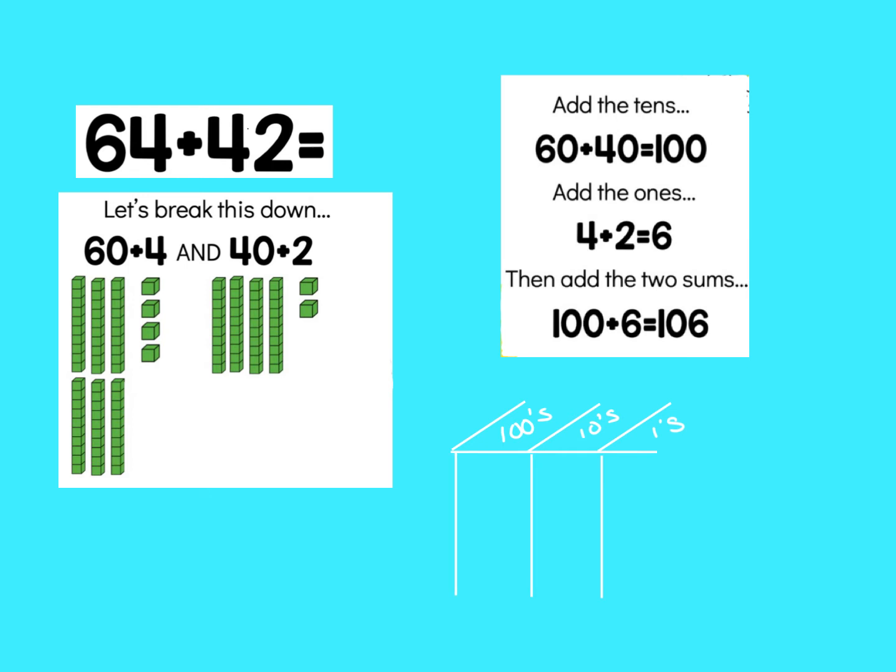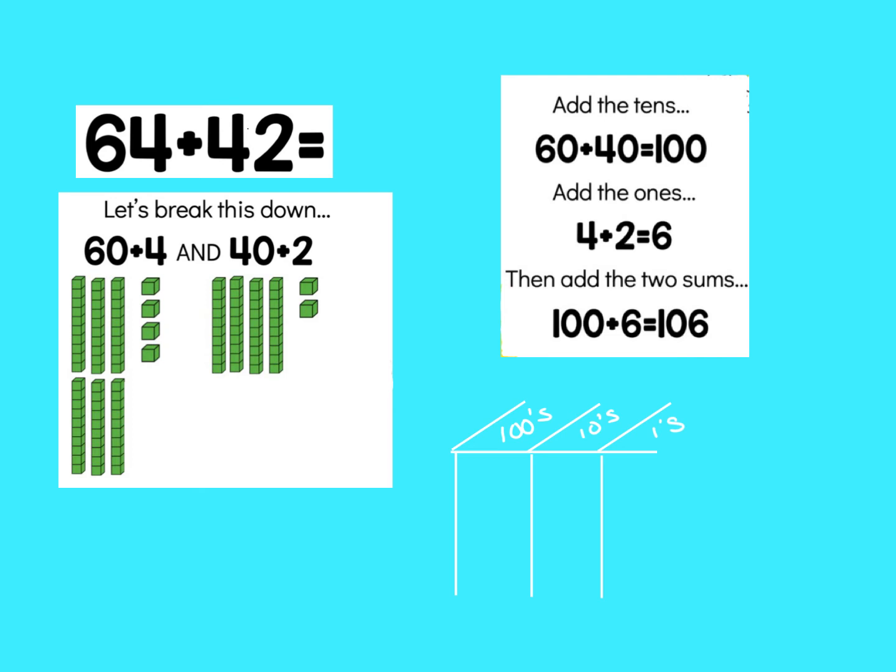Now we can use the base 10 and say 60 plus 40 is 100, and we can add the ones together, and 4 plus 2 is 6. Then add the 100 and the 6 together to equal 106. And then we can also use the Singapore method